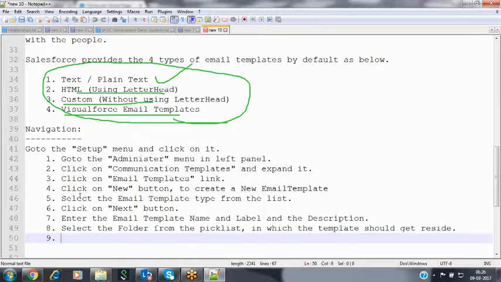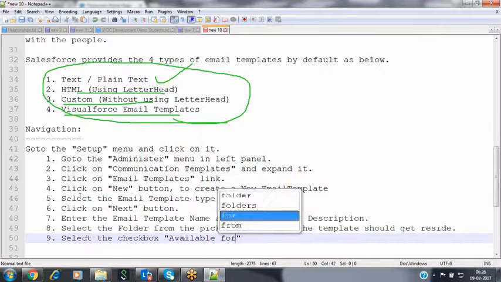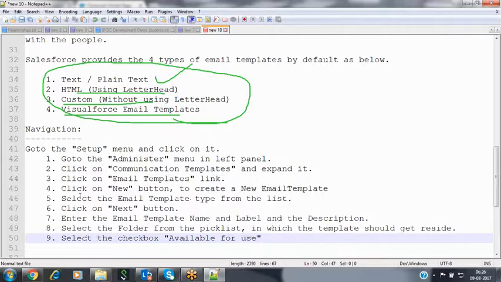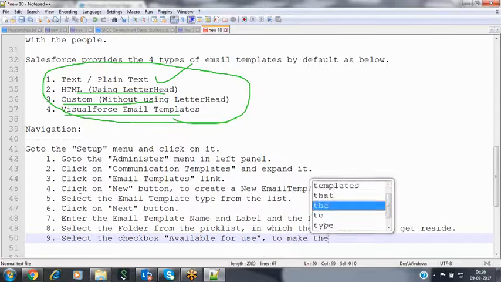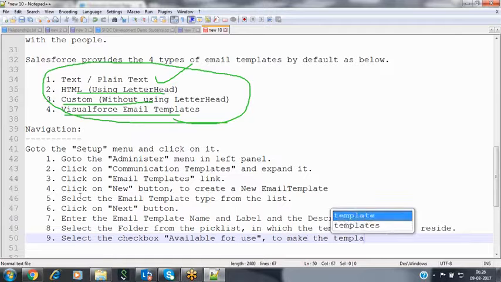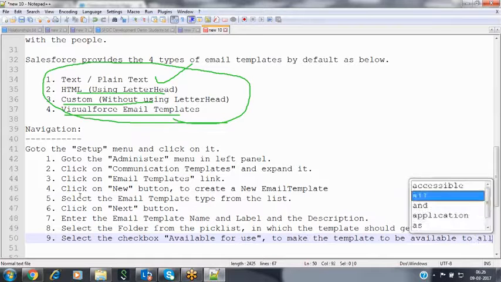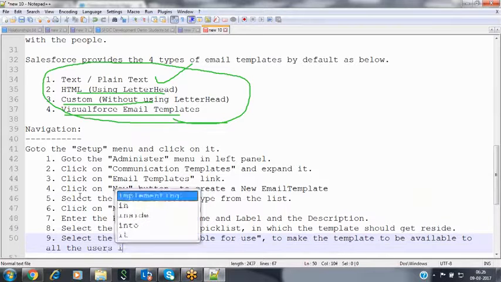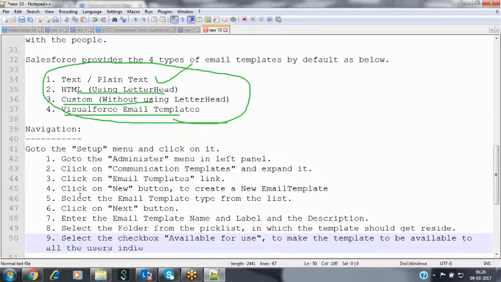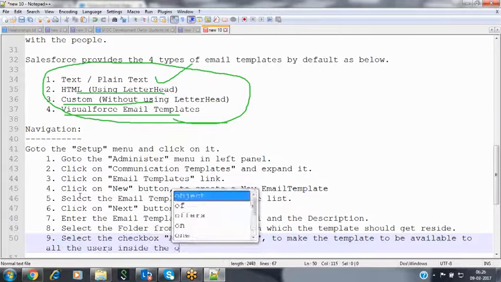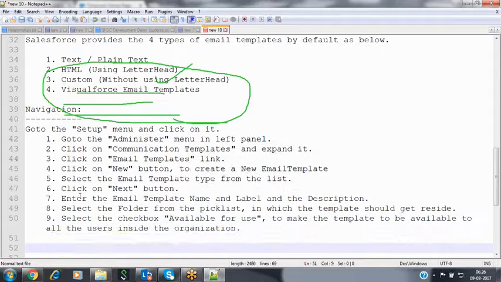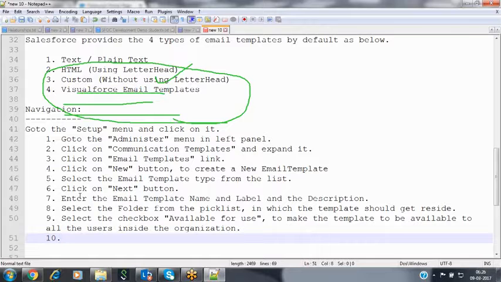Now, after selecting that, select the checkbox Available for Use, to make the template available to all the users inside the organization. Why? Because some templates may not be in use anymore.